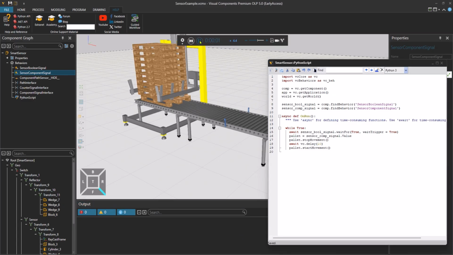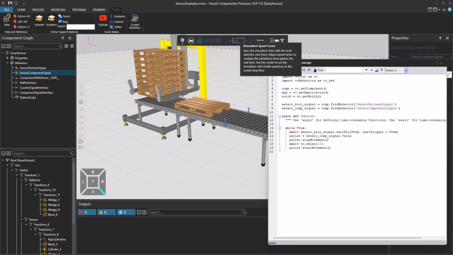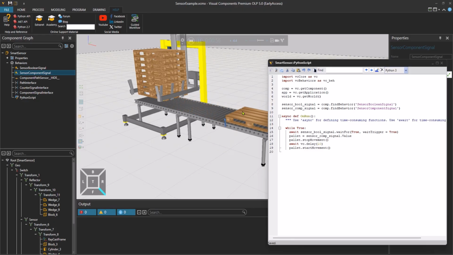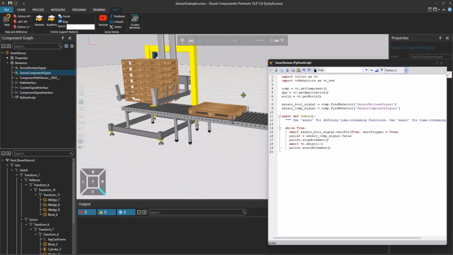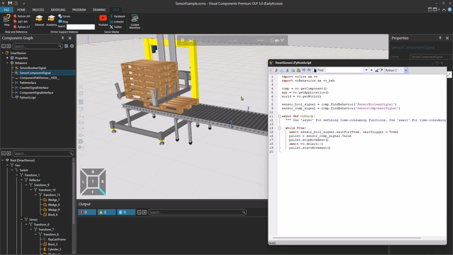Let's see what happens. Pallet gets stopped for 10 seconds. Notice that I'm running the simulation faster than the real time, so it looks less than 10 seconds. But if I would slow the simulation time, it would run and again.